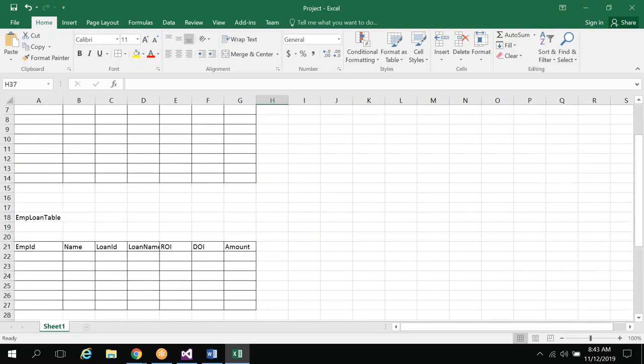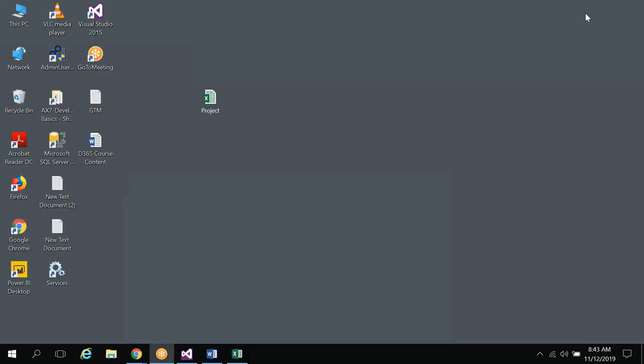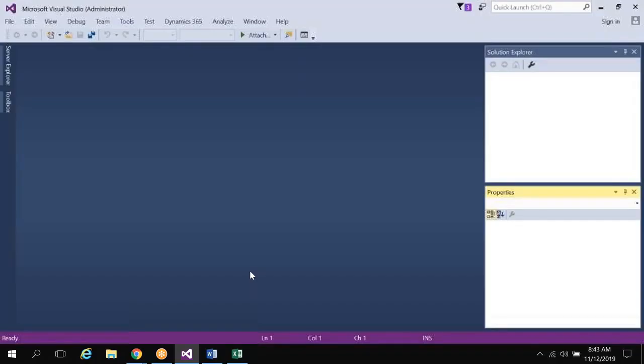We'll add a few more tables like an employee attendance table, employee salary table. Like the parent and child concept we will follow here. Here, first of all, to design a project, to design a functionality in Visual Studio, we need to configure some basic setups in Visual Studio itself for our development purpose.